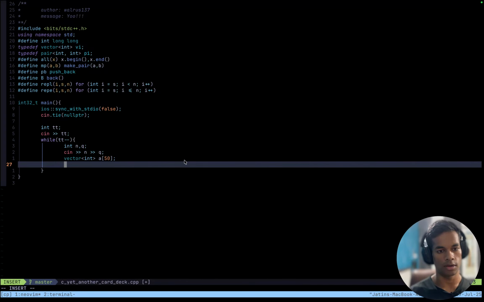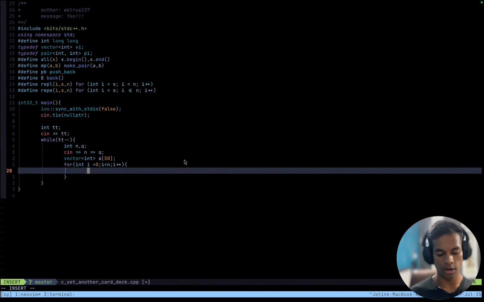And then when I am taking input, for int i equals 0, i less than n, i plus plus. Whenever I see j, I add the index at top, right? And for that, I can replace this with 1.